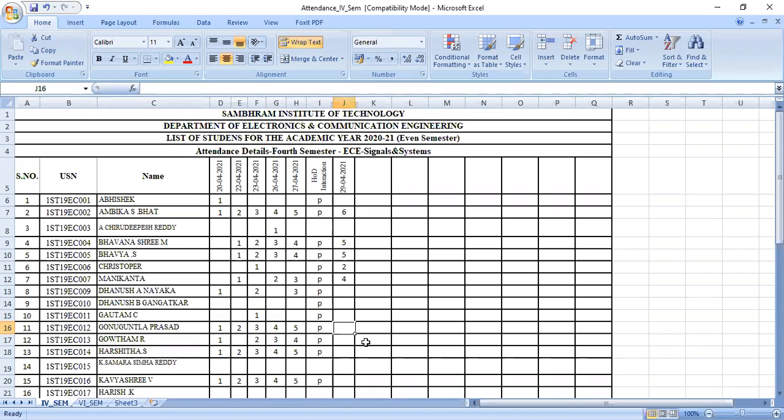Who is this? Hey, make it fast. Who is talking to me now? Danush Nayak, ma'am. When I called you, where were you? Ma'am, I couldn't hear you, ma'am. I didn't hear you calling my name. The last time I heard you, you were calling Gautam's name, so I just unmuted. Okay, leave. Then Danush Gangatkar, Gautam, Gonukuntla Prasad,